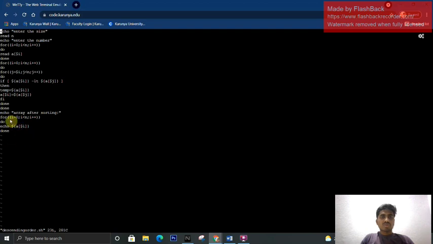To print the descending order in a straight line, we are going to use this for loop, i equal to 0, i less than n, i plus plus, do echo a[$i]. It will increment the i values. Let's check.